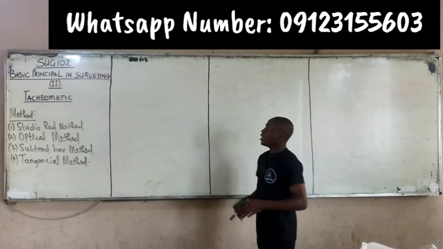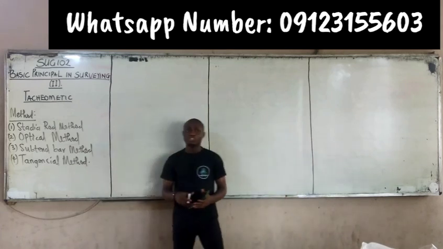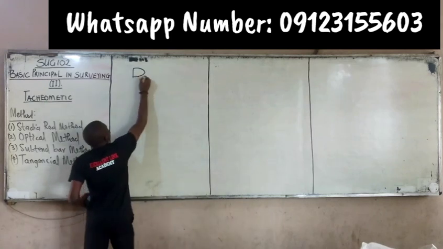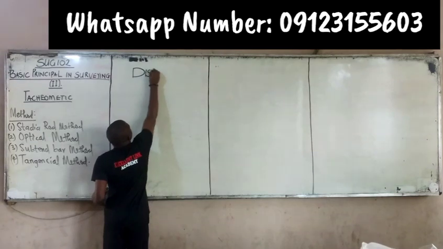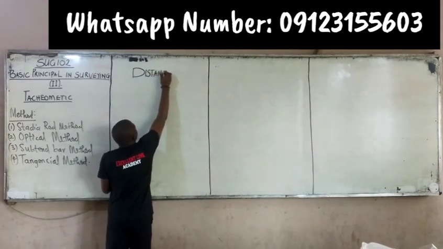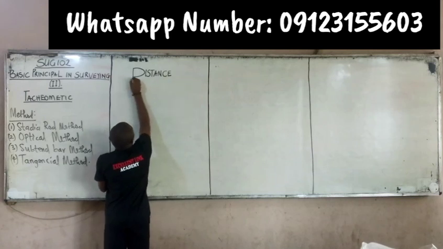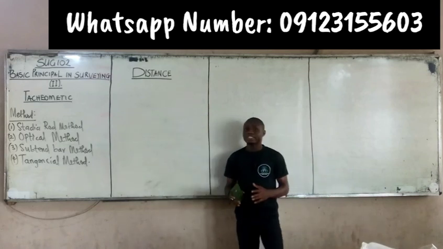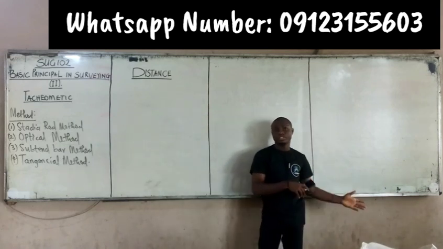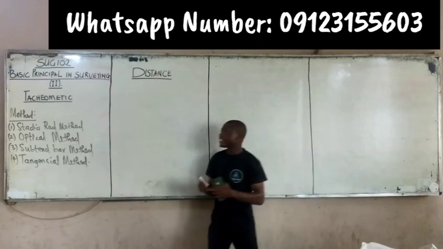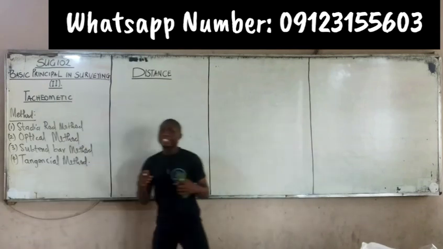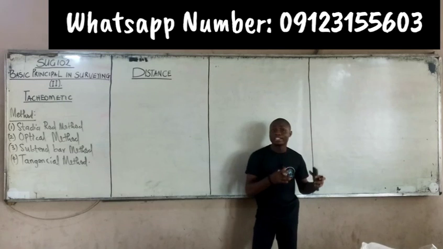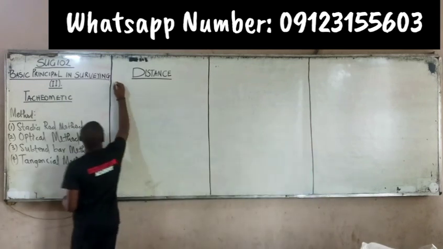Alright, let's discuss some important concepts in tacheometry. Let's start with number one, distance. By definition, a distance is a space between 2 points. When it comes to tacheometry, distance is represented by capital letter D. Hence, D is equal to